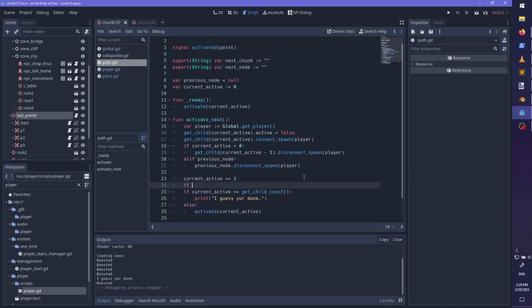So, if it's greater than or equal to count, if next chunk not equal to this, and next node not equal to this,